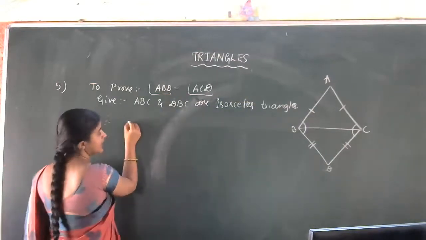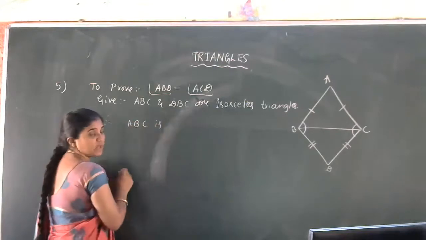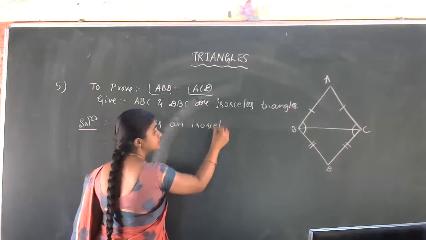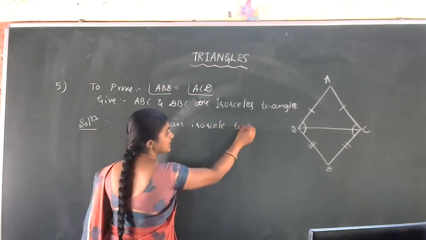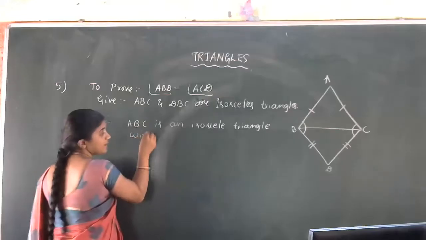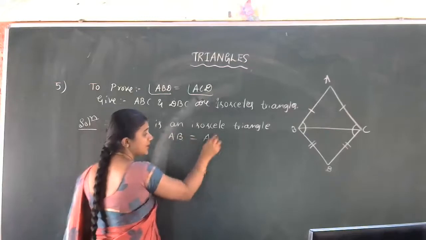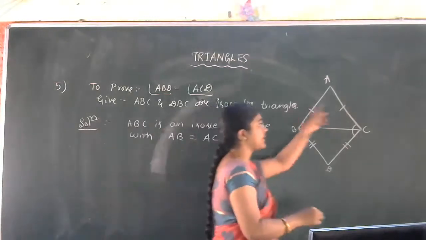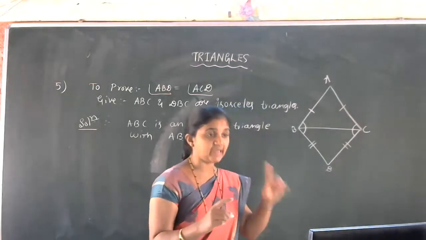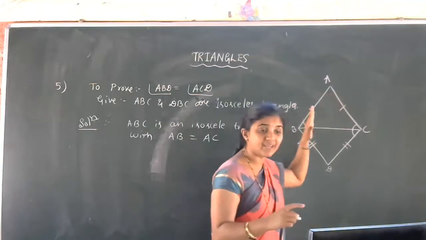How to add the equation? So first one: angle ABC plus angle DBC, which is equal to angle ACB plus angle DCB. Got the idea now? LHS plus LHS is equal to RHS plus RHS.